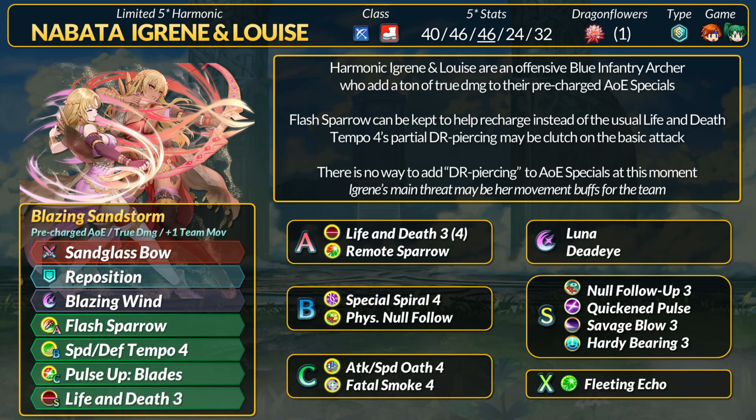Harmonic Igrene and Louise have a complete base kit and a very simple game plan. On turn 1 they gain -3 cooldown, which will pre-charge the Sling Blazing Wind. Igrene then gets 3 movement plus is not slowed by terrain. When they use their special, add 15% attack and 40% speed as bonus true damage to all foes hit by